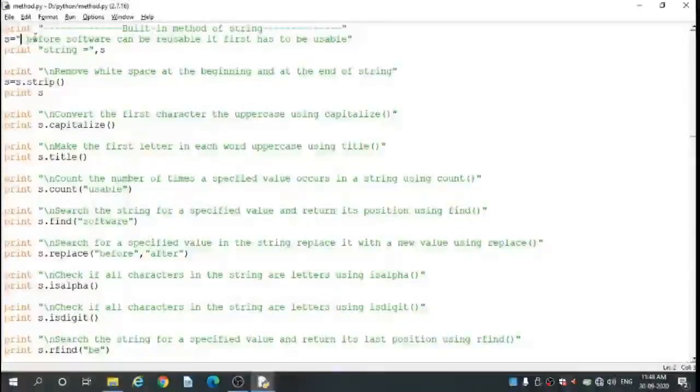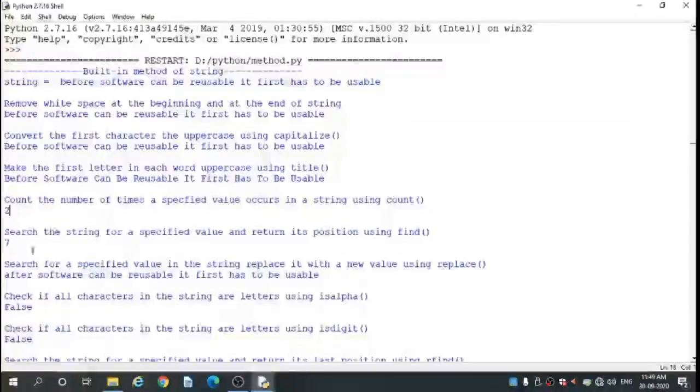So here B is at the 0th position, E is at the first position, F is at the second position, like that, software is at the 7th position. So our output is 7.